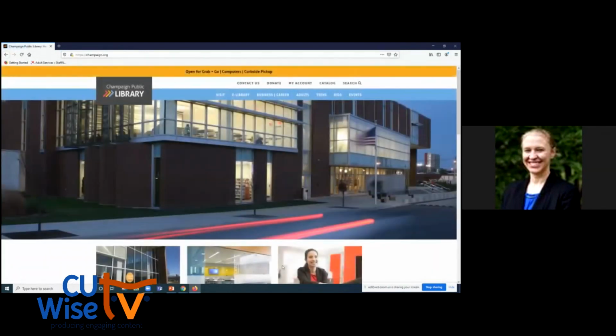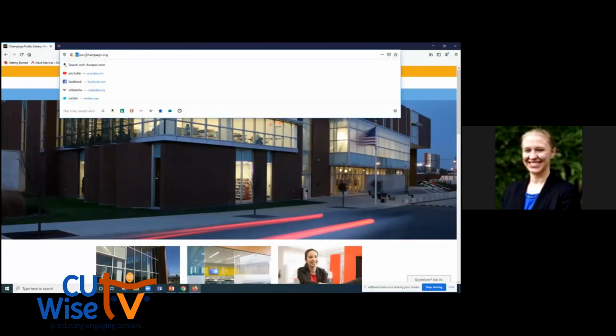And it'll take me to the Champaign Public Library homepage. Okay, and .org, we are a nonprofit, so that's where we get our .org. And if you notice, I typed in champaign.org, but the browser went ahead and added for me that the beginning of the site is actually https: